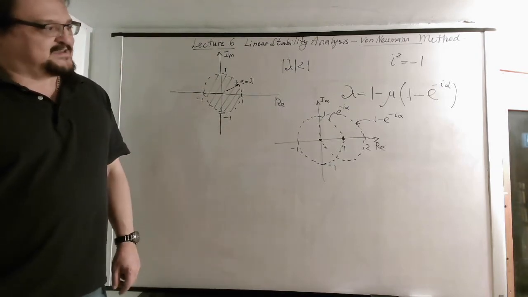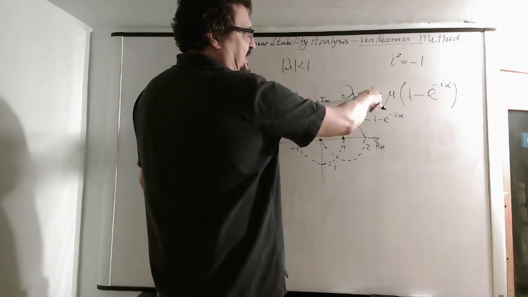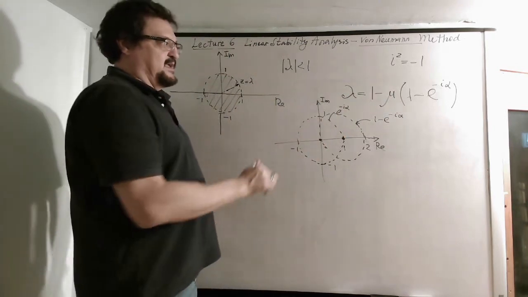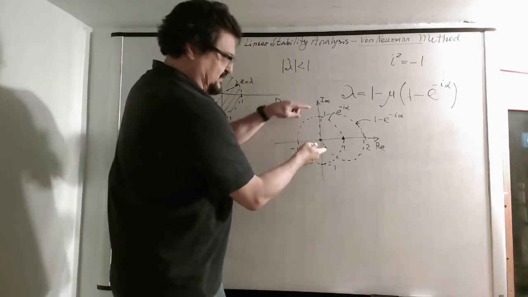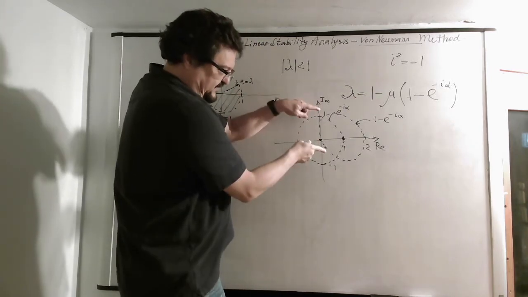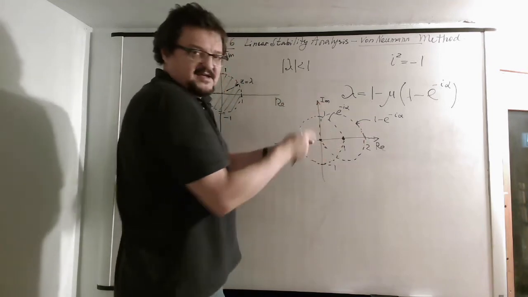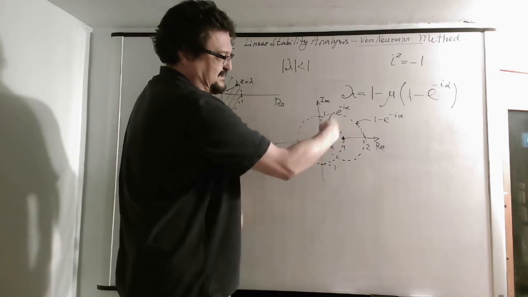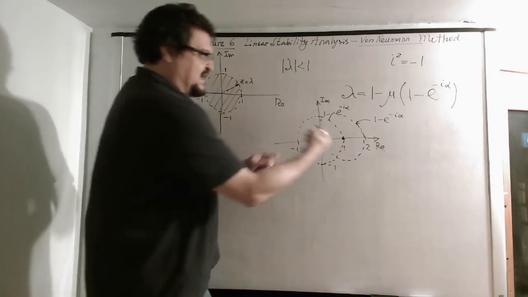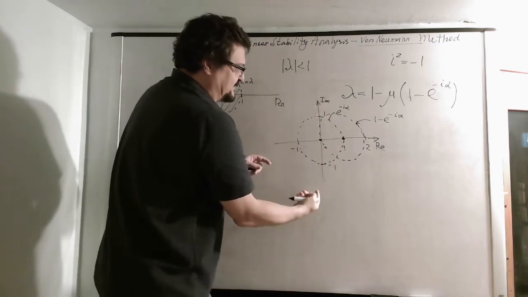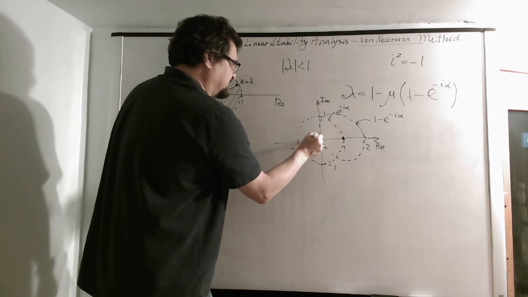Now it's multiplied by mu, and minus sign applied. And what's minus sign applied? It means that this circle should again flip. If you flip it around the real axis, nothing will change again, right? It's the same circle because it's sitting right on this axis. But if you flip around this, it will actually become this circle